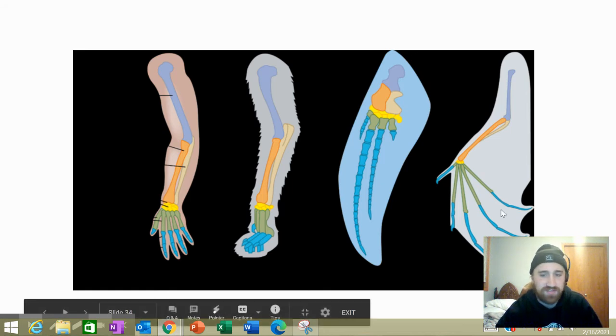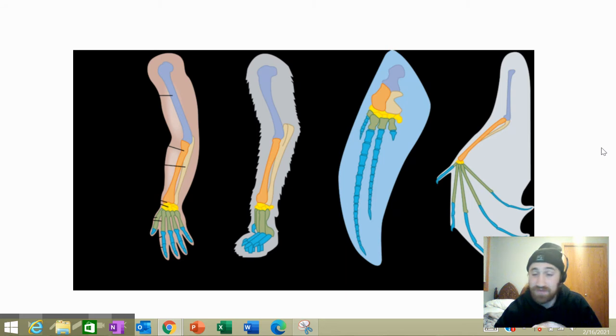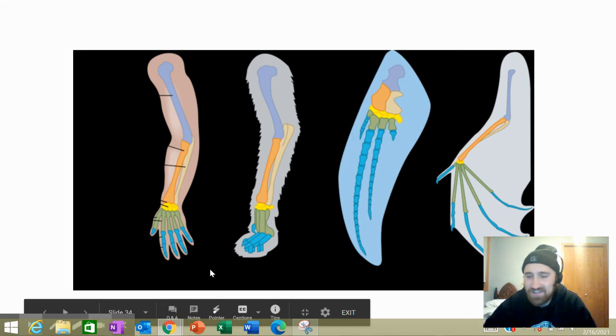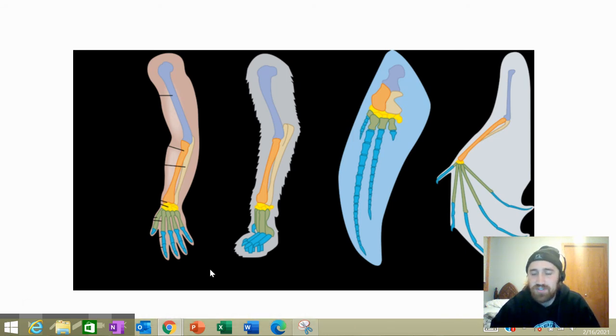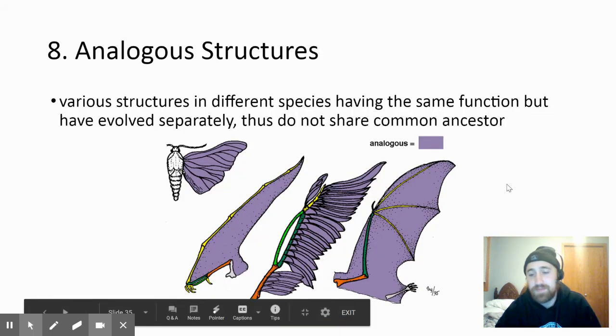What you're able to realize here is that these structures are really, really similar. They might be different sizes and shapes, but they're all in the same order. So we have the humerus, the radius and the ulna, I apologize. We have our metacarpals and our carpals. And guess what? They all have these same structures. And that is probably not a coincidence. This is showing that we probably share a very common ancestor with one another, hence why we have these same structures.